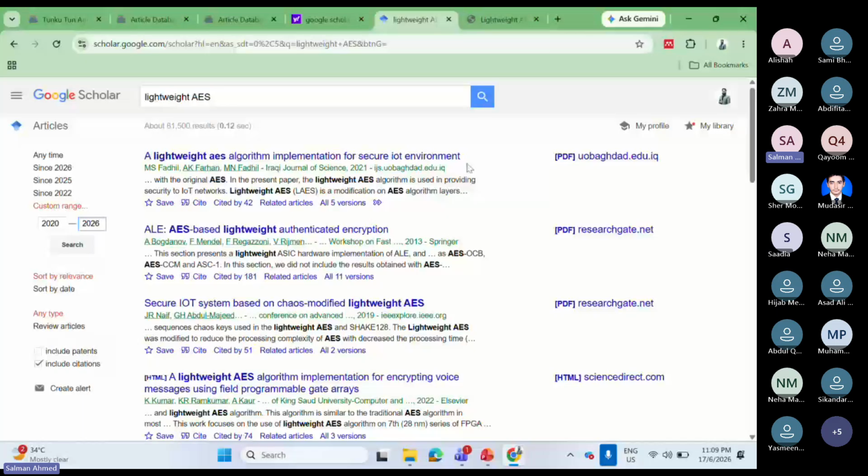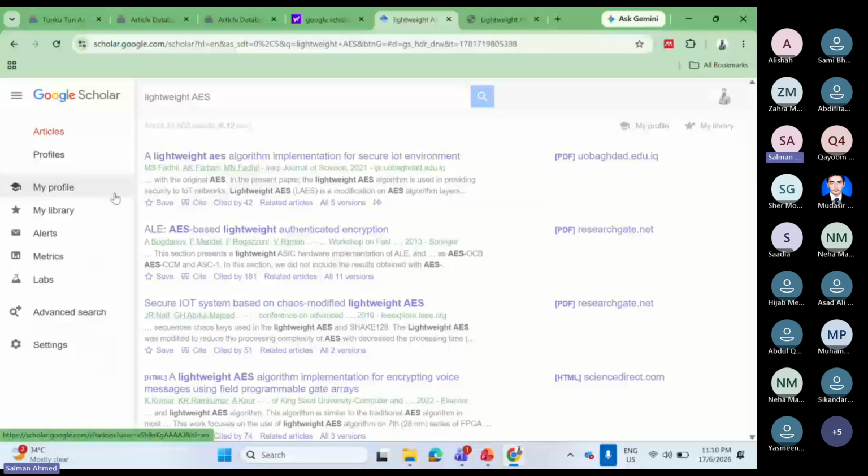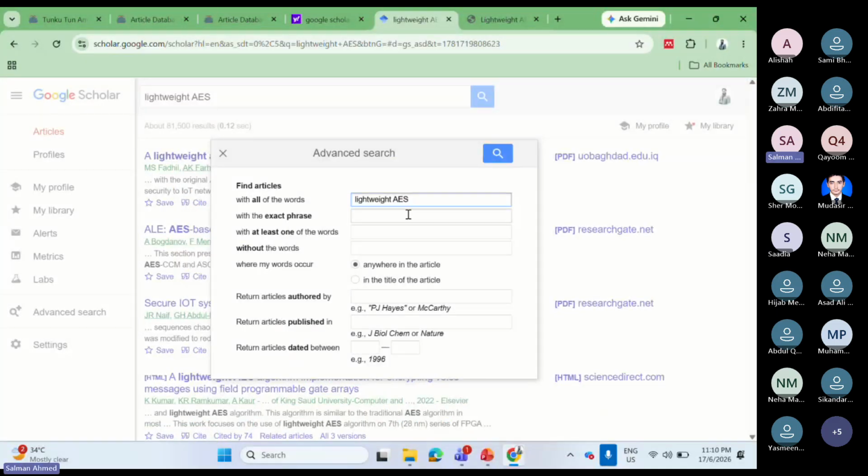I'm telling you one more, a professional version, or I'd say the pro version for researchers. You can go to the advanced search. I guess very few researchers might know about this. In this advanced search, we specify which terms or words I want to use here, what exact phrase we use, what the least words should be, and in these particular literatures, what words should not be used.